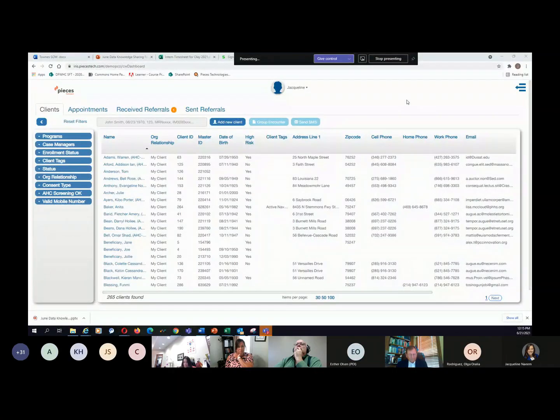All right, so this is when you would log into the Pieces Connect system. You can see right now I'm logged in as a case manager. So if there was a new person that I wanted to get set up in our system, what I do